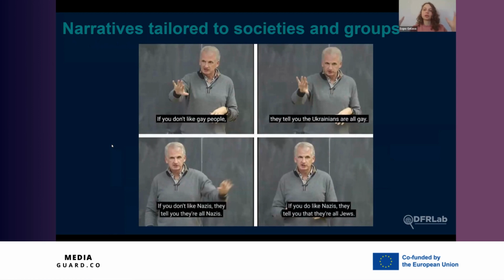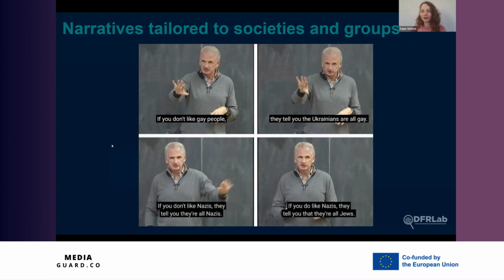There are, of course, overarching narratives. For example, "the West is bad" is the main overarching narrative of Russian propaganda, if we can say so. But there are also narratives tailored to societies, and especially in the last 2 years, after Russia's invasion of Ukraine, after sanctions, after the banning of Russia Today and Sputnik in certain Western countries, we saw very narrowly targeted and tailored messages to specific audiences. And this is a very good screenshot and example.